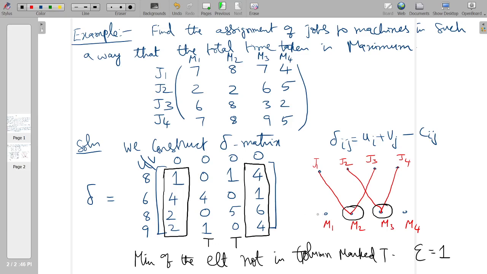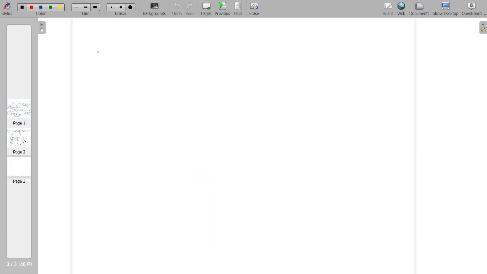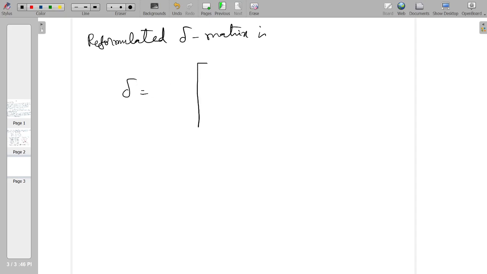Now what I do is I add this 1 to the value of V against column T. Now let me write here again. The reformulated delta matrix would be, okay, so now you have delta is equal to,